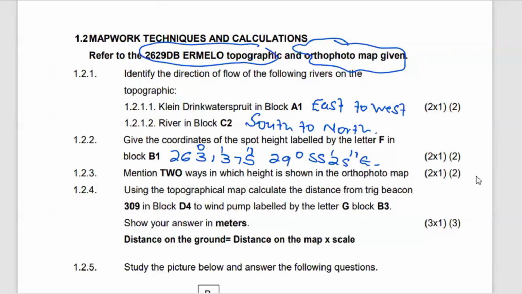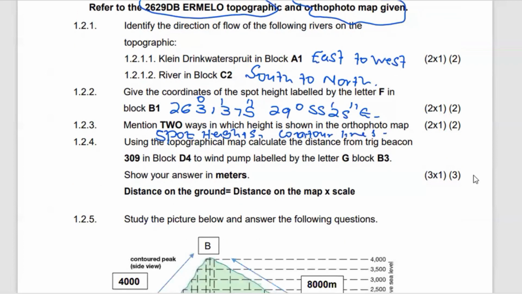All right. Mention 2 ways in which height is shown on an orthophoto map. We show height through spot heights. All right. We also use contour lines. All right. Using a topographic map, calculate the distance from trig beacon 309 in block D4